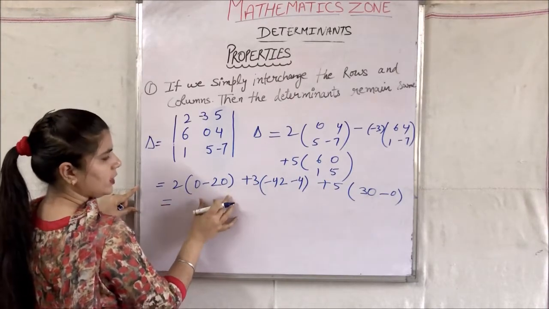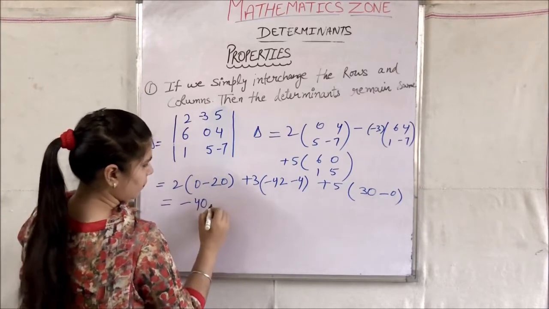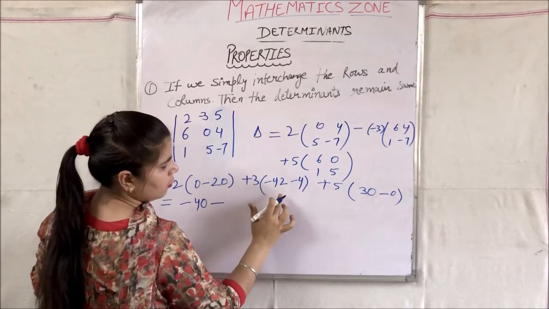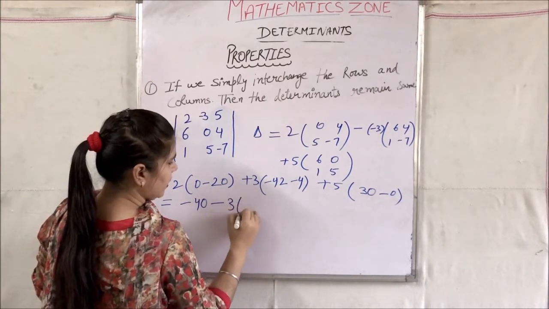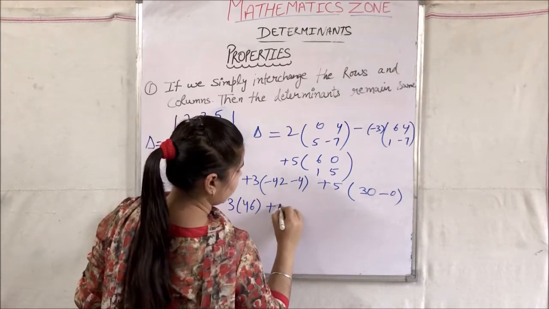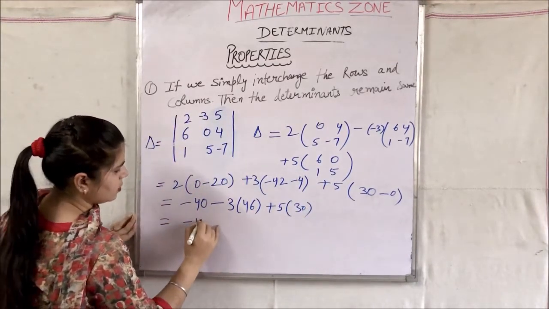So 0 minus 20 is minus 20, 2 multiplied by minus 20 is 40. 42 plus 4, 46, 46 multiplied by 3. Thirty minus 0 is 30. So we are left with